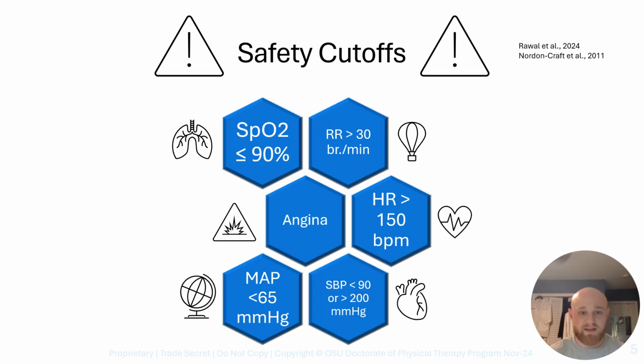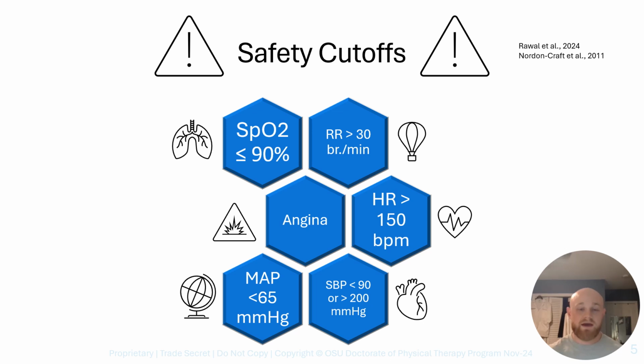So with that, we need some objective safety cutoffs, and this comes in the form of vital signs. So I took the most common vital sign cutoffs from these two articles up here, and this was for termination of out-of-bed activity. So if a patient fell outside these ranges, we would terminate exercise, and that was if oxygen